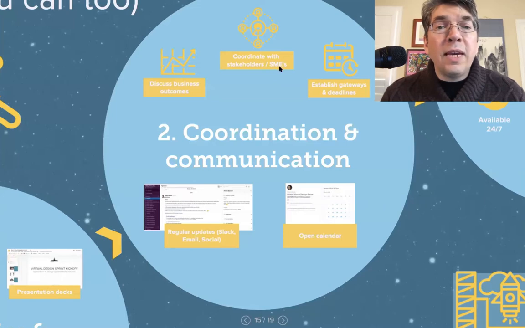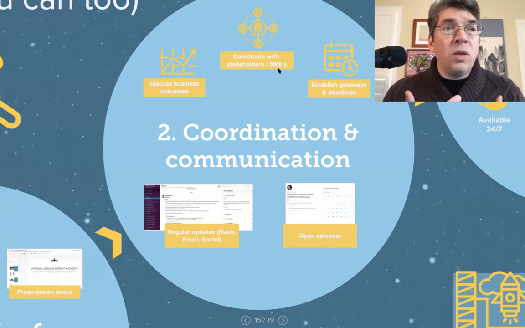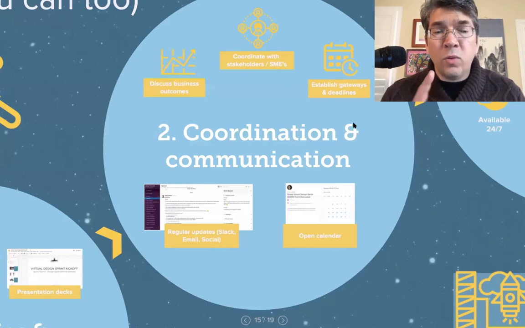By the way, one thing I do recommend for subject matter experts: I know that the original sprint process kind of wants to bring them live into the room. I found it's much easier if you record those subject matter expert interviews so that everyone working in different time zones can view them on their own time. It also helps if those SME interviews are in doubles. So it's not just a one-on-one interview, but the subject matter experts are two people that are part of the same domain, because the interplay and the conversations that happen with both of them really inform the problem space in a much more eloquent and enriching way than if you're just talking to a single person with one point of view.